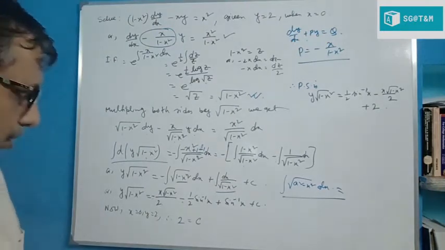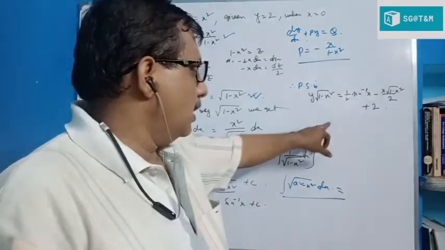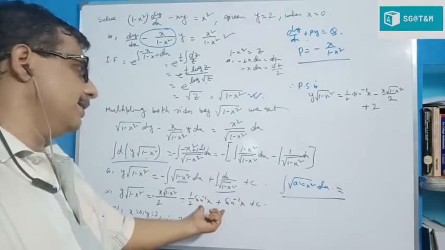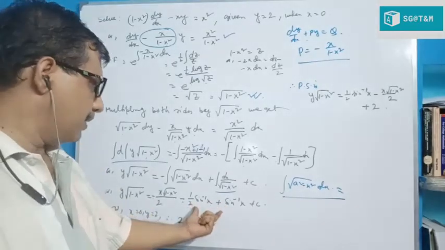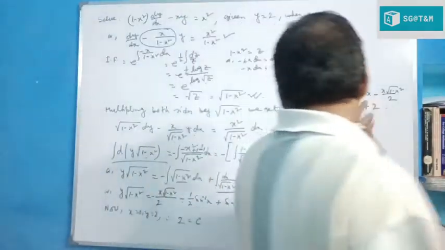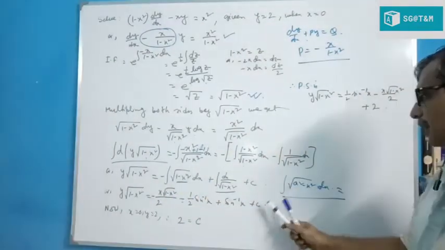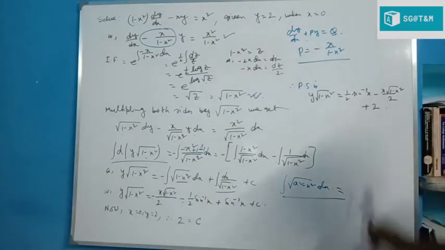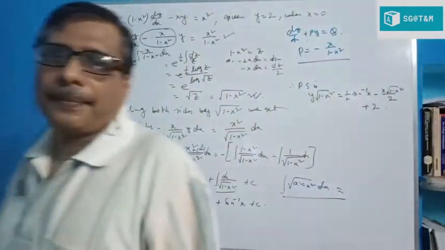Then you get the particular solution. Just put the value of c here. Y root over of 1 minus x square, and after simplification these two is half sin inverse x minus of sin inverse x plus 1 into sin inverse x. So it is half sin inverse x. So half sin inverse x minus of this x into root over of 1 minus x square by 2 plus constant. Instead of constant, for particular solution we write c is equal to 2. Then we get the solution of this problem. It's clear now? Okay.